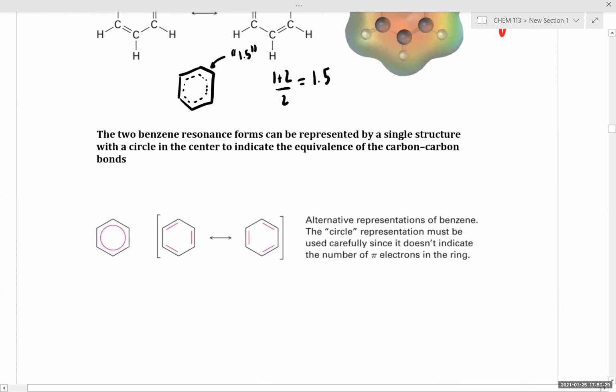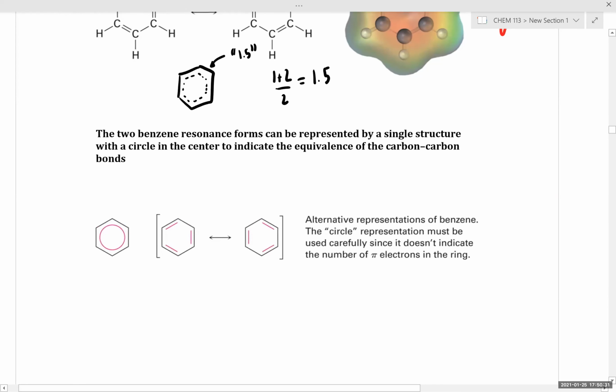Just a minor stylistic point. The 2 benzene resonance forms can be represented by a single structure with a circle in the center to indicate that all of our carbon-carbon bonds have the same bond order and distribution of electron density. Though personally, when you're drawing